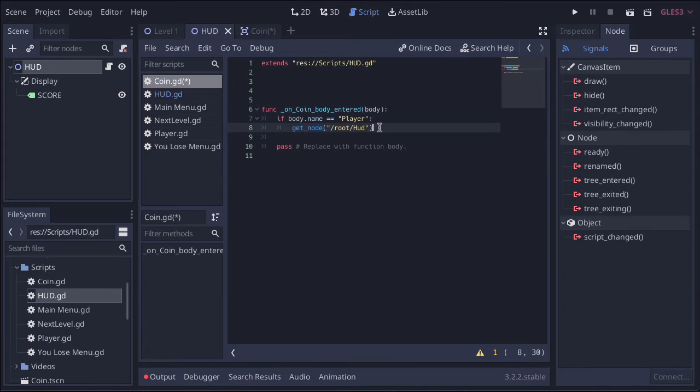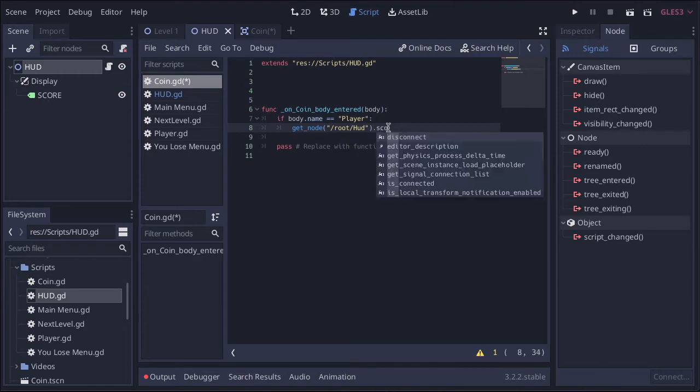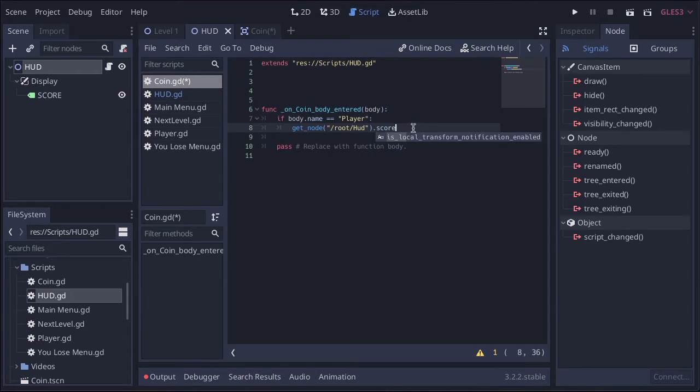So we want to get to the score label. So we want to kind of add to this score here. So we're going to set up a variable actually in the script. I'm going to go ahead of time and tell it what the variable is going to be called. So I'm going to say dot score, all lowercase, and then we're going to say plus equals